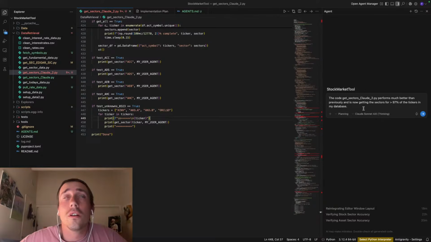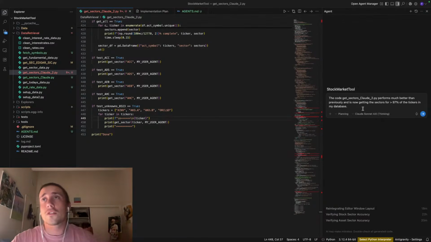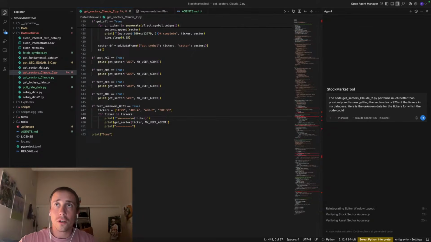So the code is getting the sectors for over 97% of the tickers. Here is the unknown data, the data for the tickers for which the code could not find a sector.